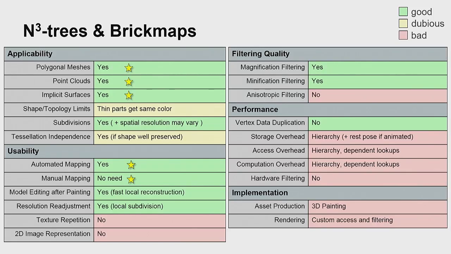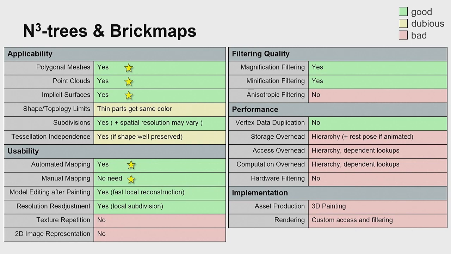You can say a part of that model will have more and more resolution. You can handle that easily. But obviously, we don't have the 2D texture representation anymore. They can handle magnification filtering and minification filtering. Anisotropic filtering becomes an issue. It's really difficult, if possible at all, to define anisotropic filtering with volumetric structures because you could say, you could